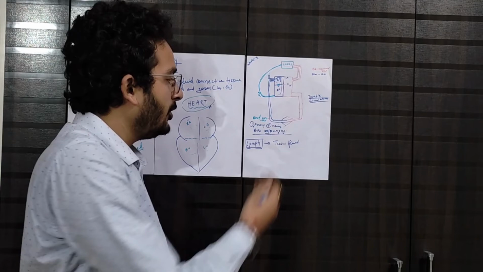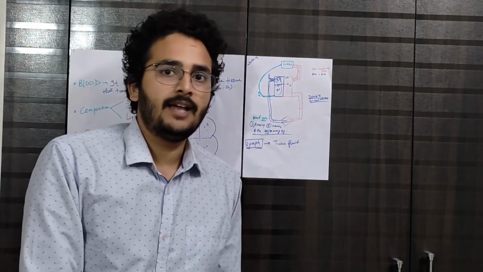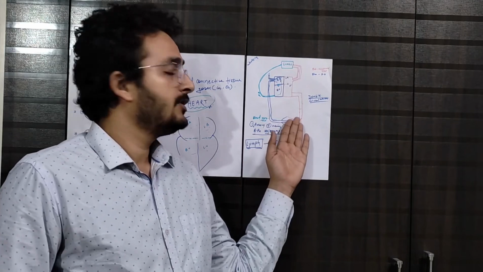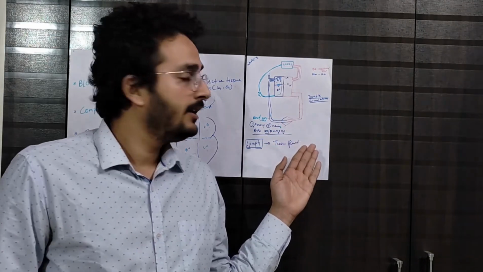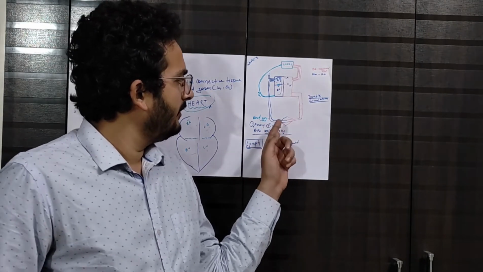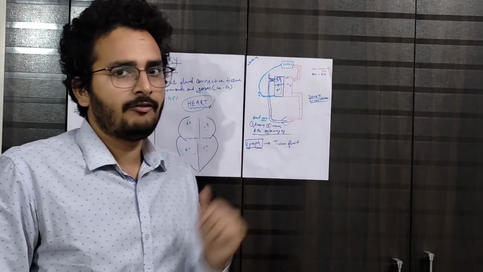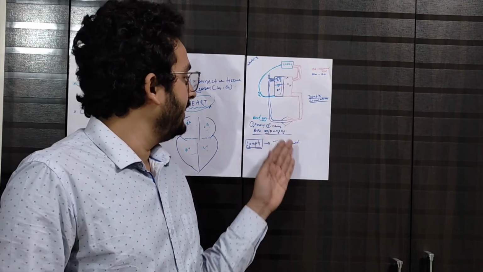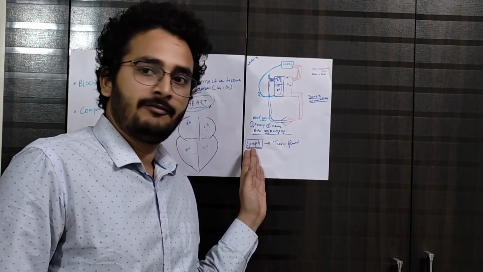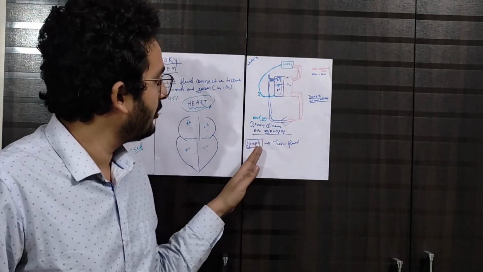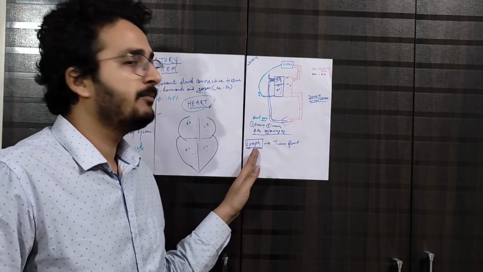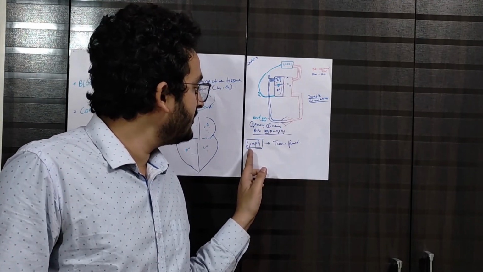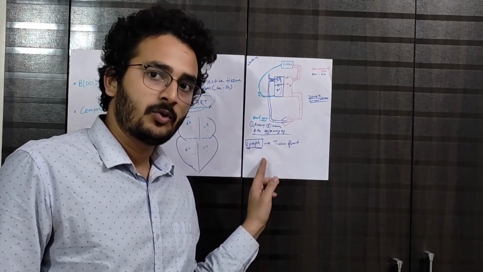Lymph, also called tissue fluid. As we know, the pressure inside the artery is very high, so to minimize this pressure, some liquid is squeezed out from the walls of the capillaries. This liquid is called lymph. The main function of lymph is to provide protection against pathogens because it is rich in white blood cells and proteins.